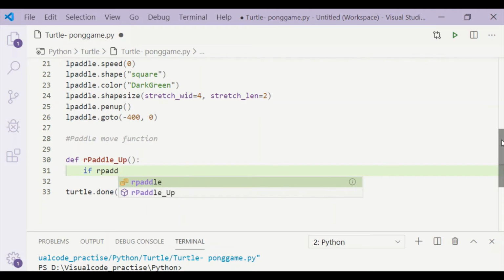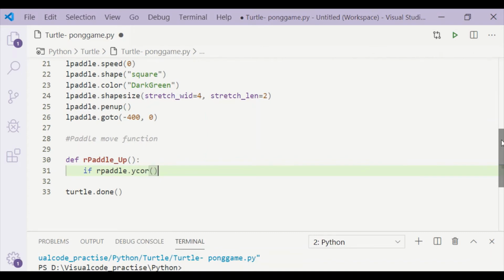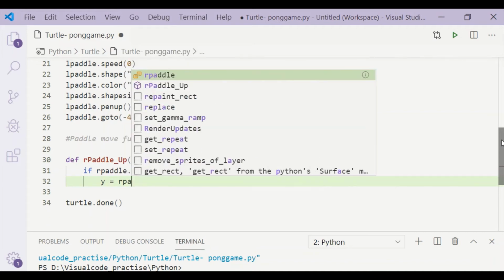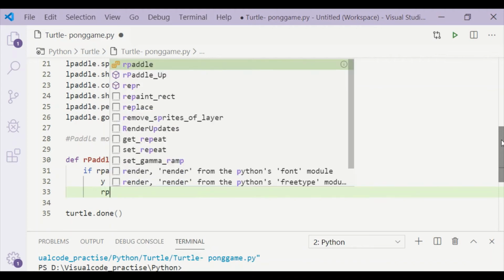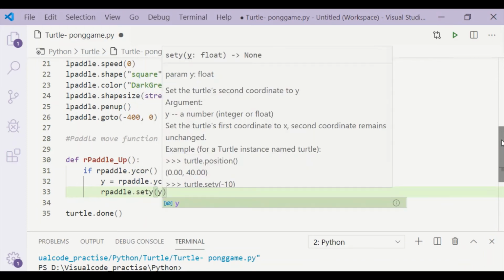First, we will do for right pedal up. I am defining it as R pedal underscore up, which is the function name. While moving the pedal up, we are going to shift its position from current level by incrementing to 20 pixels. So before incrementing them to 20 pixel along y-axis, we will check if the current y coordinate is less than 240.